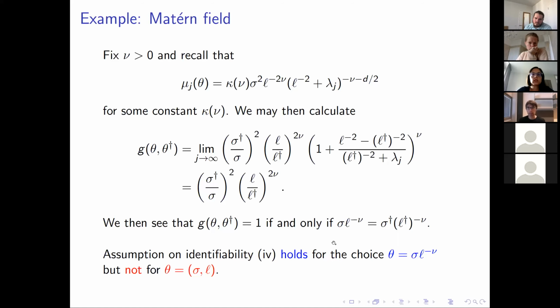So in fact, I can't recover uniquely. That's saying that I can't recover uniquely both variance and length scale, but instead I have to look at a parametrization, a quantity like this, that I can then recover uniquely. Well, let me not go into details, but that's something to be expected. Because on this manifold, actually the measures are absolutely continuous with respect to each other, or the priors are absolutely continuous with respect to each other, and you can't identify the right